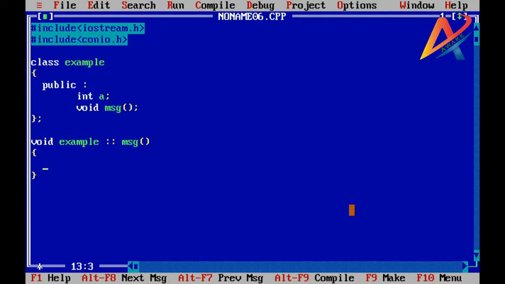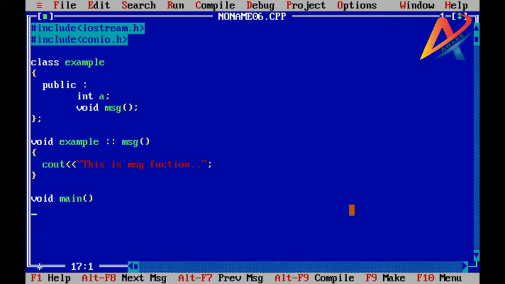So void example, scope resolution operator, and msg function. Into this, as per our last video, we are giving just the message. This is a message function.